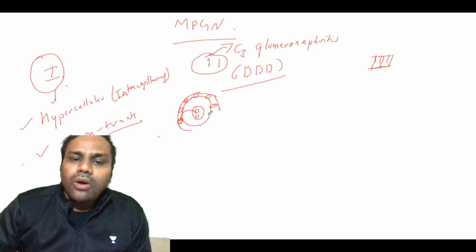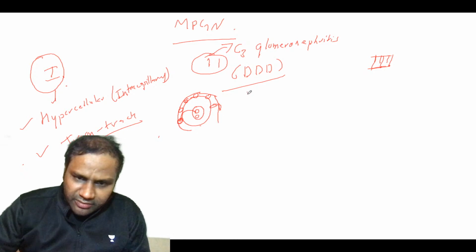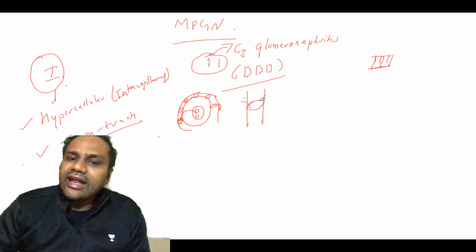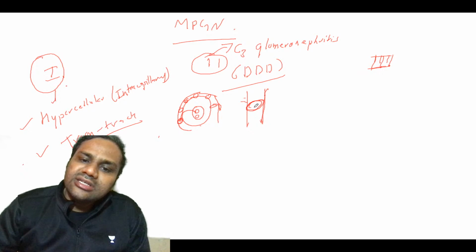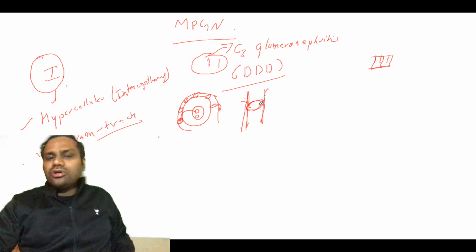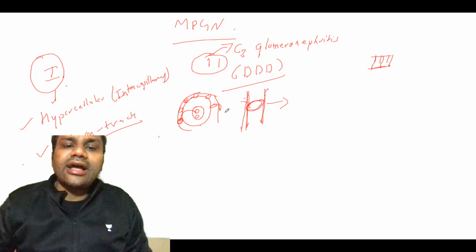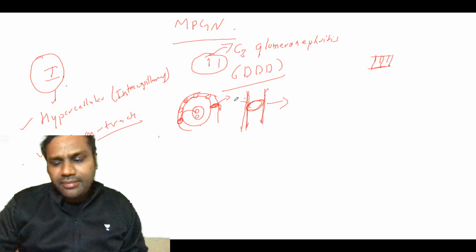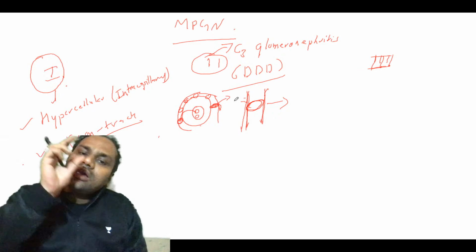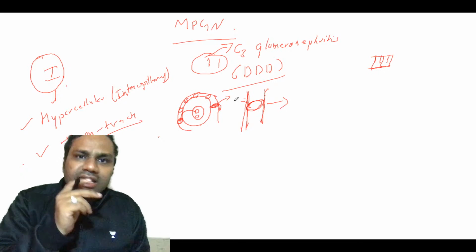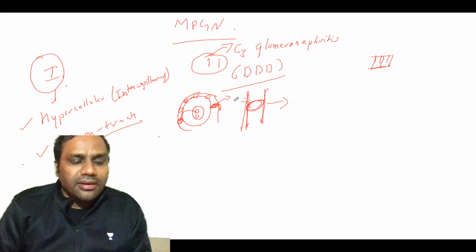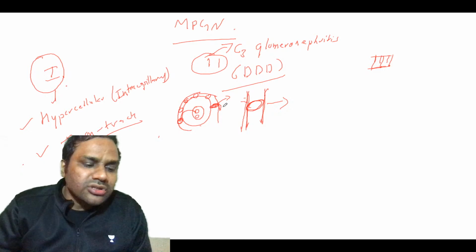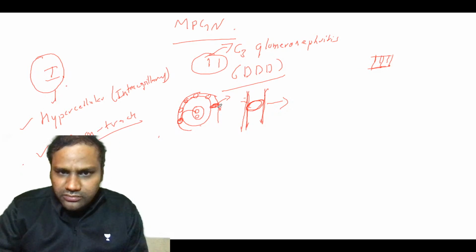Now what do you get from this? There is something like a street, like a railway track, where in the middle there is wood and on either side a steel pathway. So this is called tram track appearance. Why does tram track appearance occur in membranoproliferative glomerulonephritis? Because the mesangial cells interpose between the capillary basement membrane and the endothelial cells. Basically this mesangial cell comes in between them.